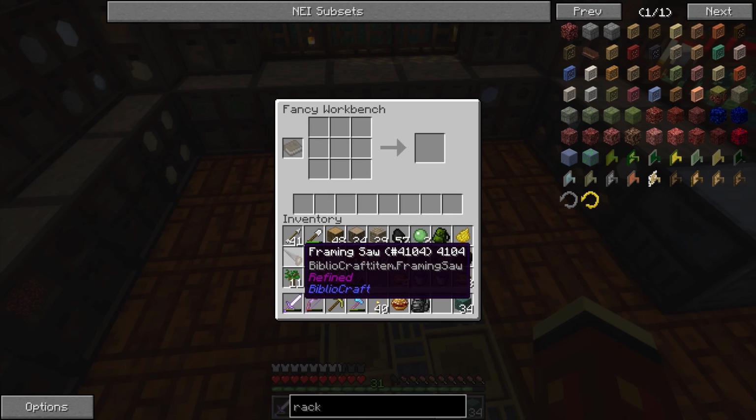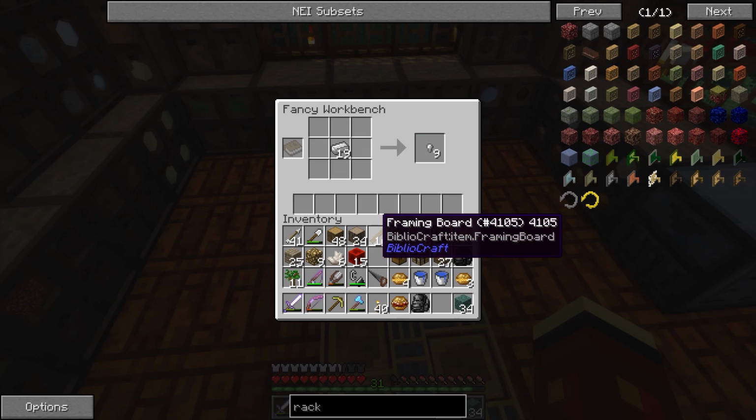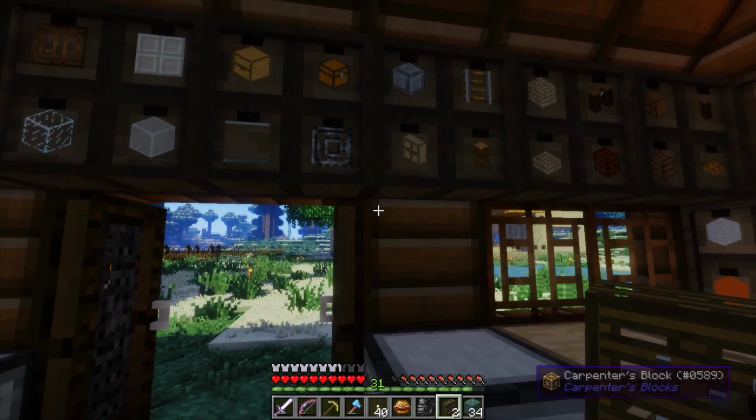Okay, so let's check this out just for fun. So, what is it, 2? So that would give us 2, I guess. We're going to have to figure out how this fancy workbench stuff works. If we don't like them, we'll... I don't know. We'll use them somewhere else, I guess. I don't know what the whole point is to the framed ones, but we'll check it out just to see what it...